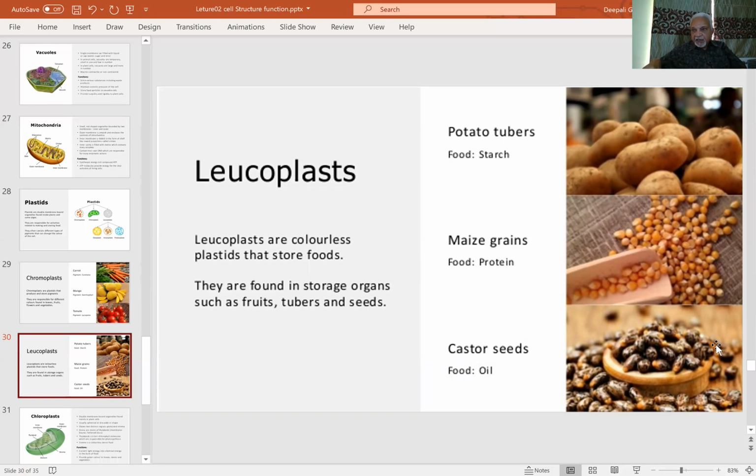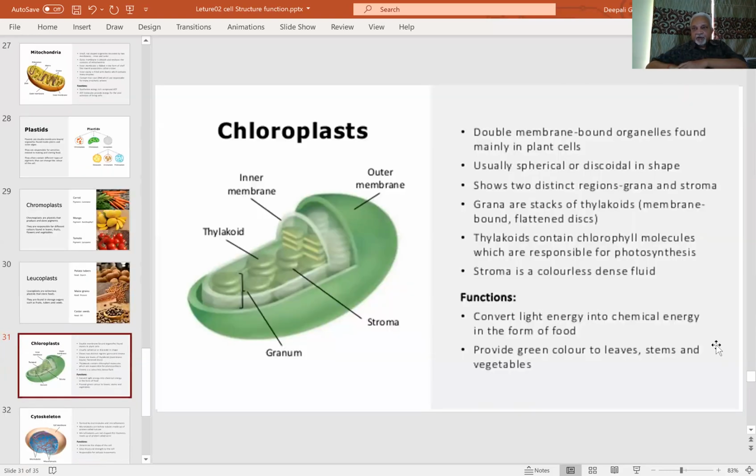Okay, and finally, if you look at the chloroplast, it is green in color, and the greenery which you see around in plants is because of the presence of chloroplast in the leaf. So a typical structure of chloroplast is like this: the double membrane structure, inner membrane, outer membrane, and then stroma, thylakoid, and basically it is the